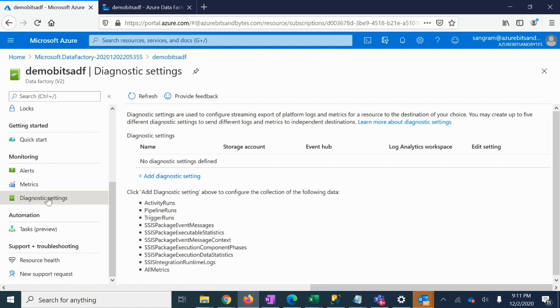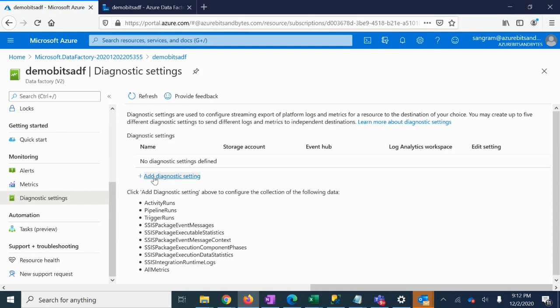So what is the purpose of diagnostic setting? When we run our data factory pipelines at a later point of time, if we get a failure, we want to get notified immediately. So for that purpose, we can always come here and set up some diagnostic setting. I would make a different video to explain diagnostic setting, and as and when there is an ETL pipeline failure, we would be receiving an email. So this basically serves as the starting point.